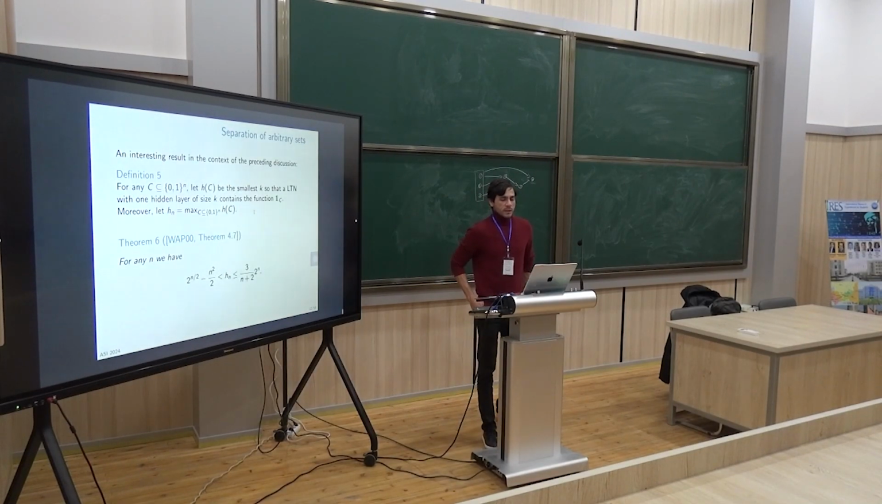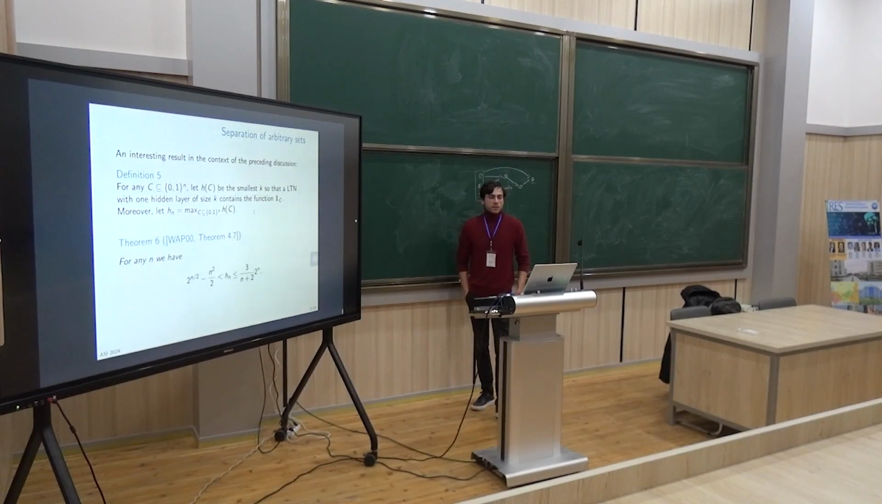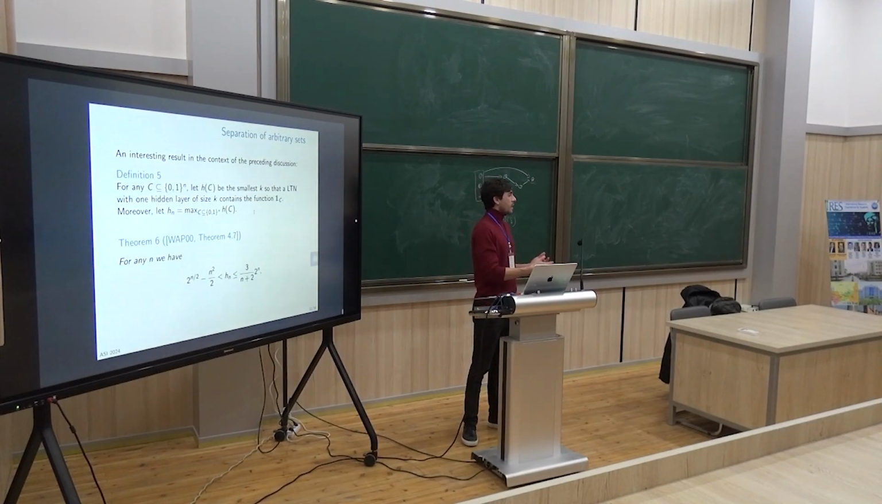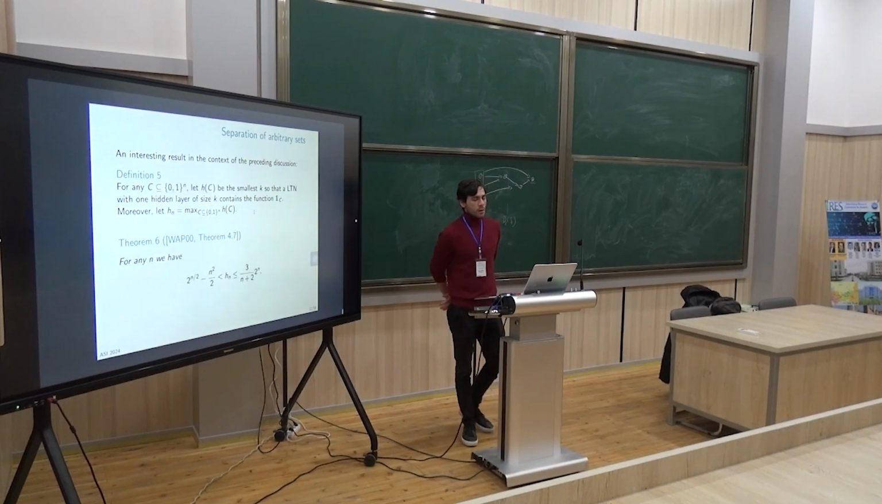Next, maybe this is a remark that could be interesting. You could ask, how big a neural network do you need to be able to represent any possible dichotomy over binary vectors of length n? And that's something that people have studied in the past,